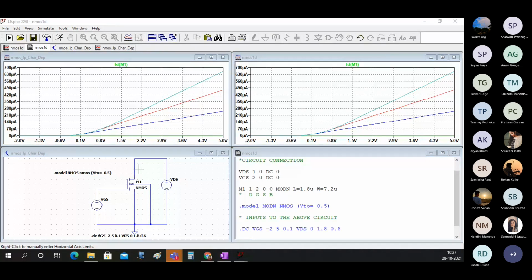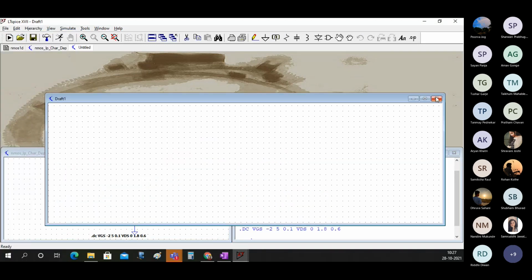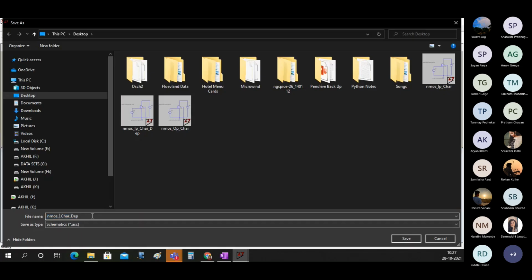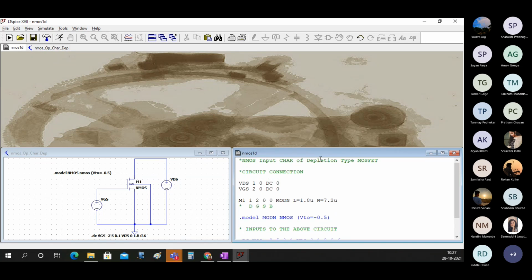Now let's see the output characteristics. We will save this, we'll close this for the time being, and we'll save this file as output, and here we will save this file as NMOS 2D.